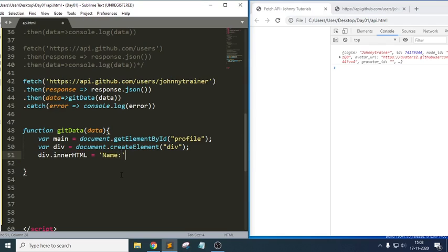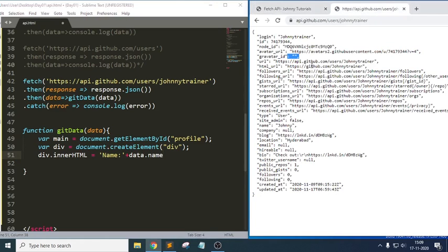Let me write the first one as a name. So what is this? Everything will be stored in data, right? So data.name, the first one, data.name. Now I'm trying to call this next one. Once it is done,